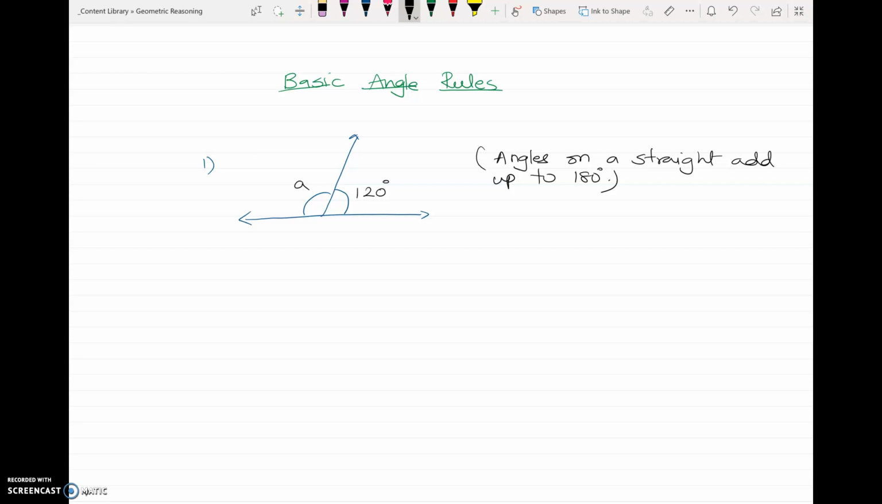In this case I've given you one angle. What we said here is angles on a straight line add to 180 degrees, which means A should be 180 minus 120, which means your angle A is 60 degrees. Now this is our first rule. Let's look at the second rule. The second rule is